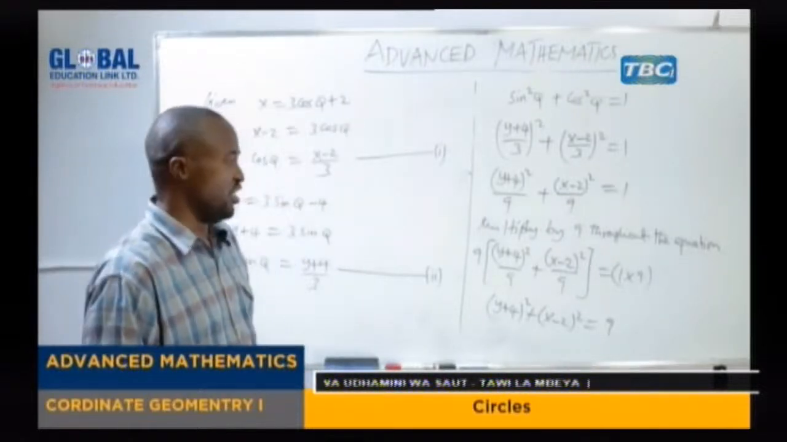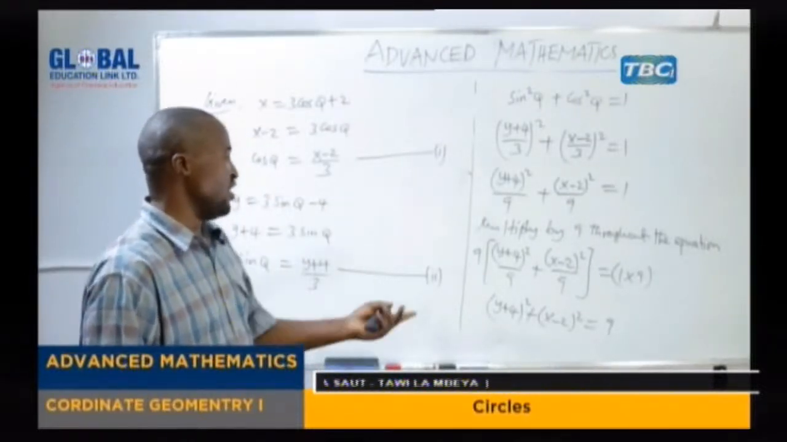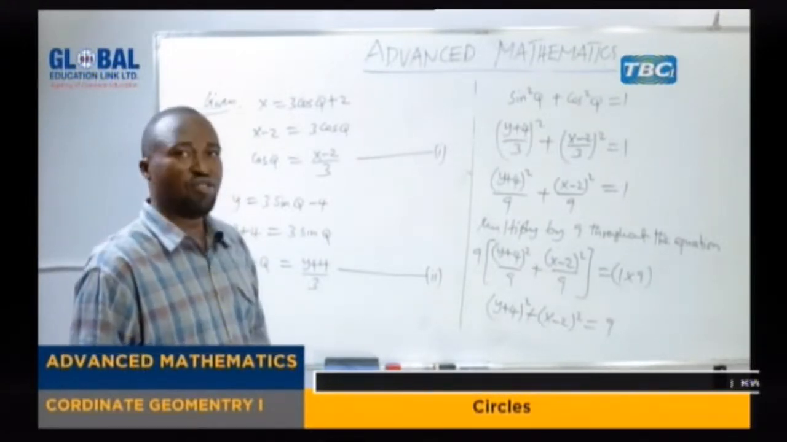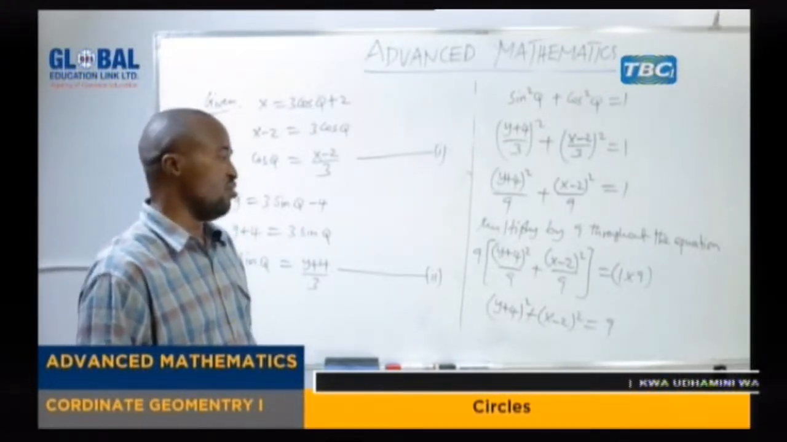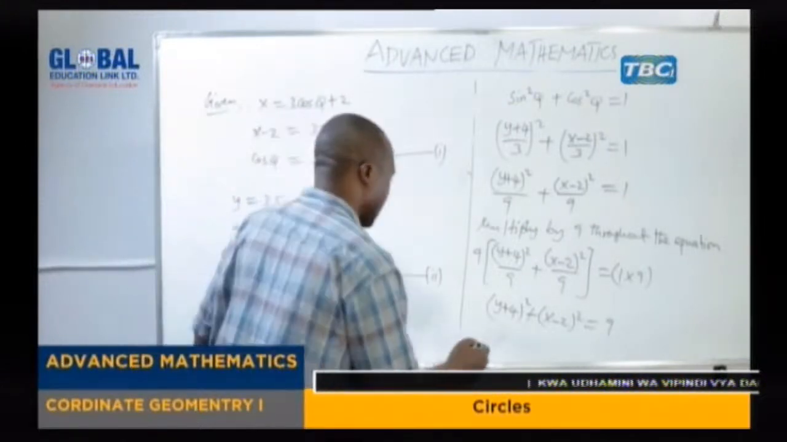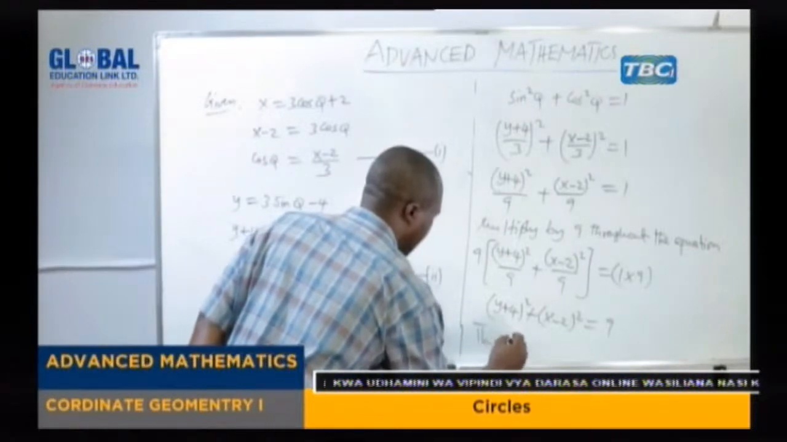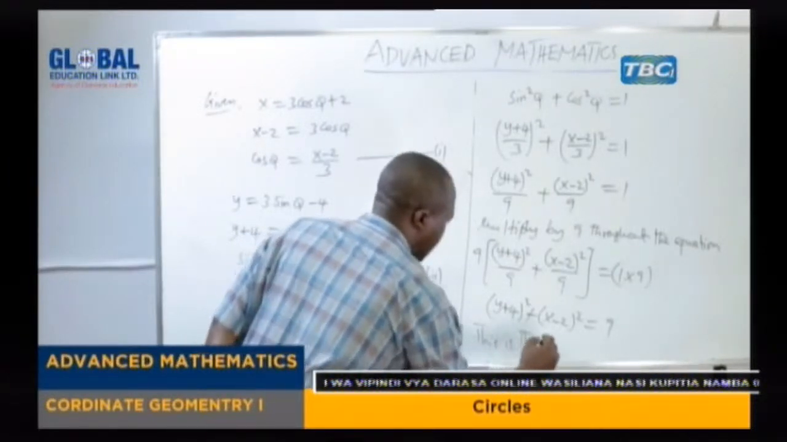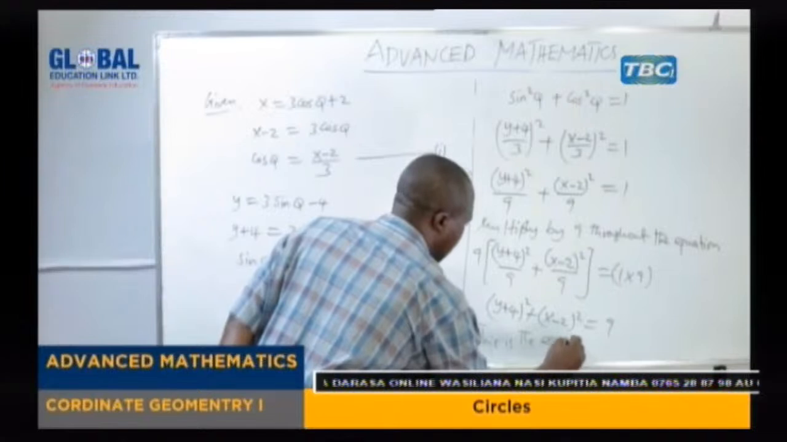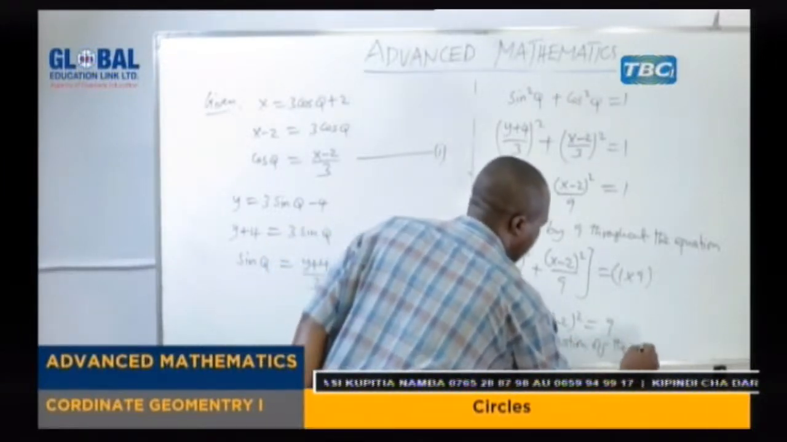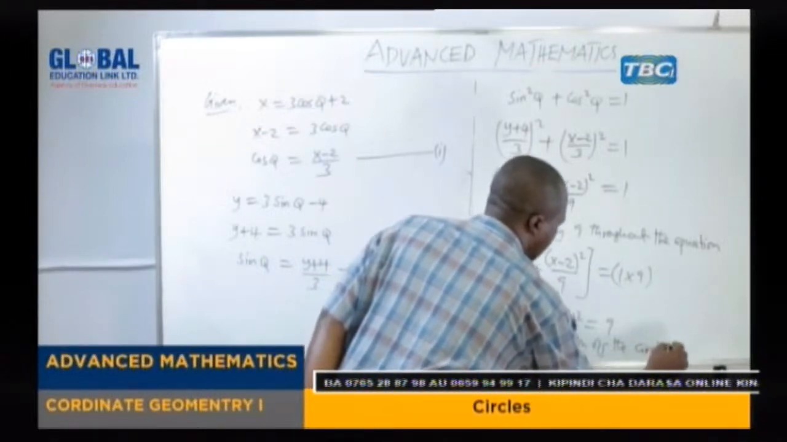Now we have the equation. So if this is the equation, we can see it looks like the equation of a circle in which the center is not at the origin. So here we can say this is the equation of the circle with